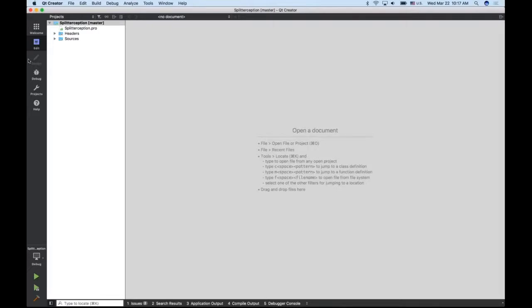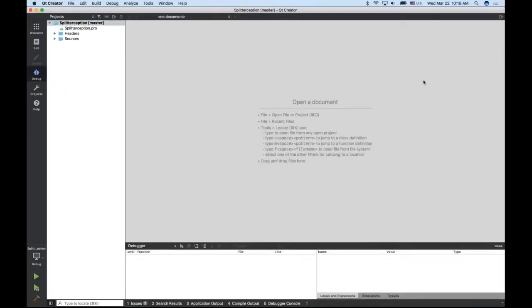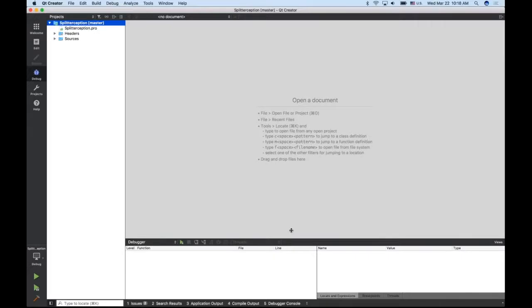Here we have debug mode. You notice that it's basically the same as the edit mode, but it added these panels here at the bottom, which show the stack trace here, and we will see later when we debug the application, but we will see local variables and the list of breakpoints and so